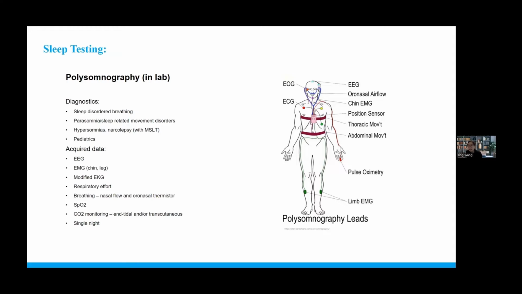So, it is unfortunately a snapshot in time. And if there is any concern for night-to-night variability, that's a separate discussion on its own. But there are some approaches or suggestions that doing multi-night may be more beneficial. More info to come on that from some of our research group.